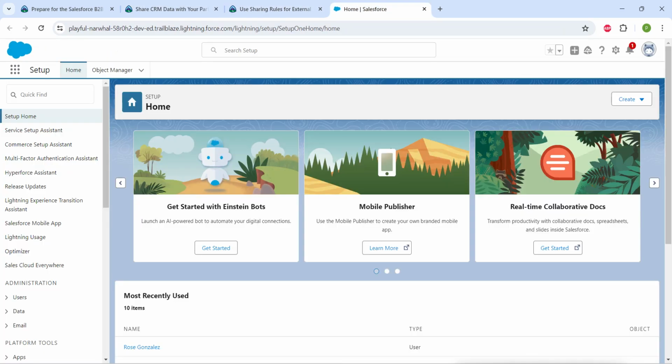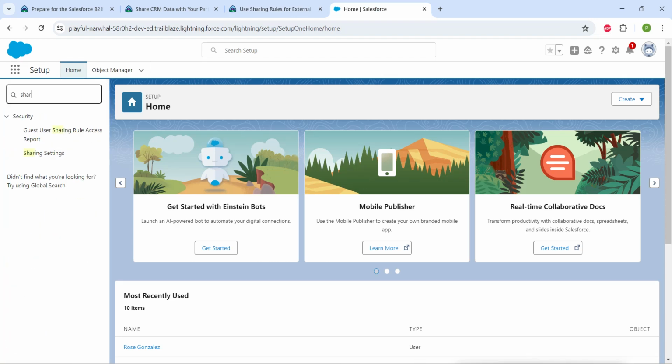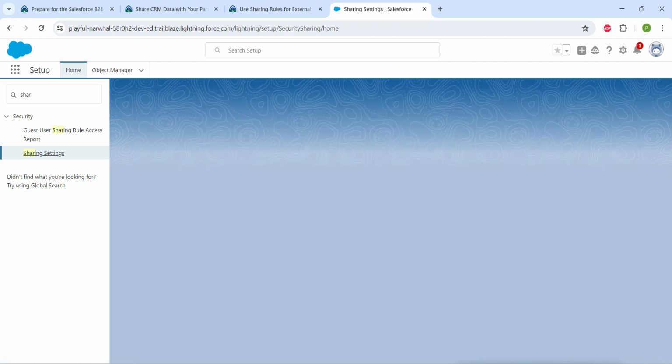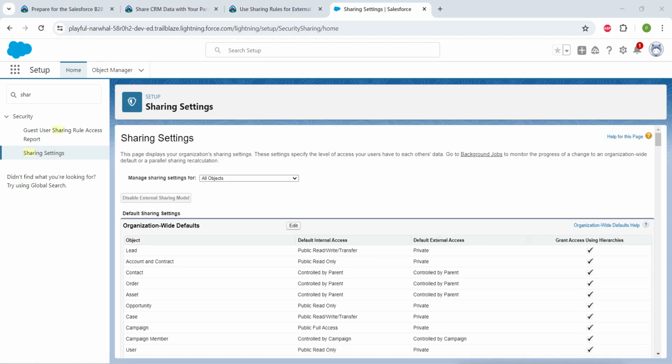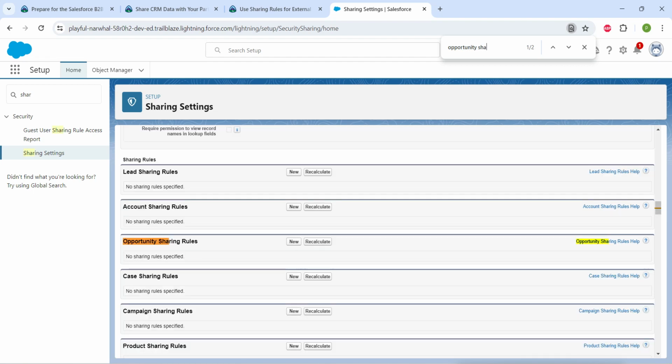Once you launch your playground, in quick find let's search for sharing so that you will get sharing settings. Just click on it, and here by clicking on Ctrl F, I'm just gonna search for opportunity sharing, so that you will get this opportunity sharing rules. Now click on new,